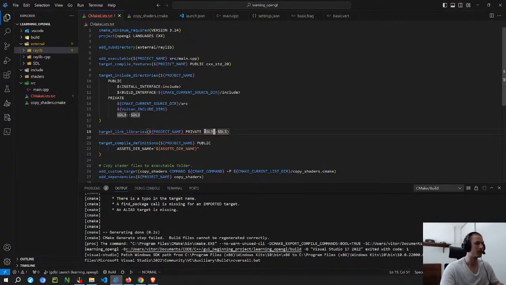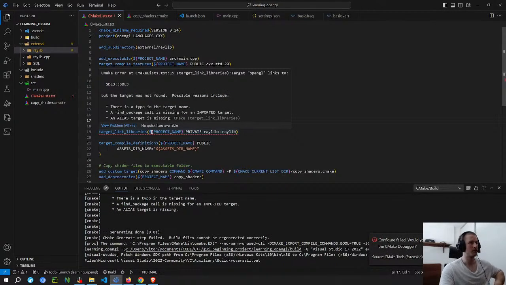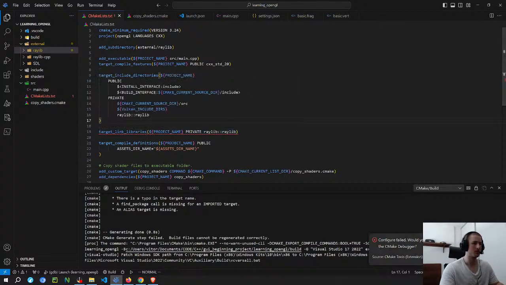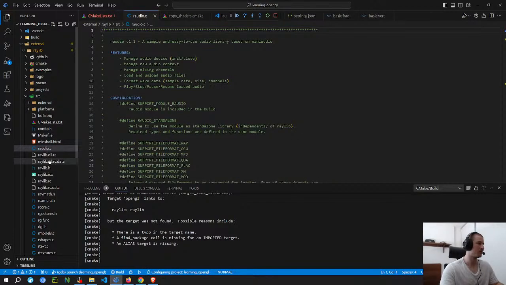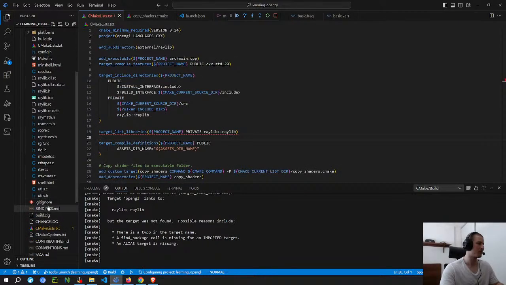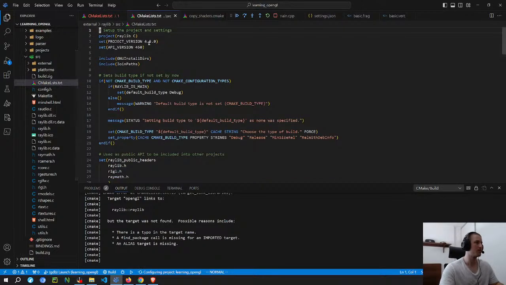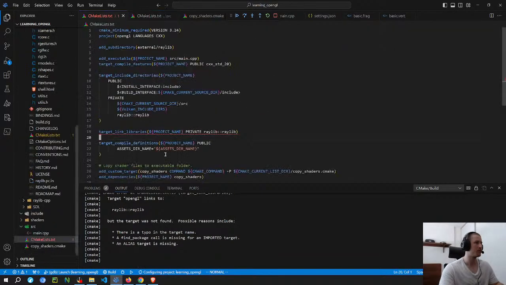Maybe if I just try with the name, is this usually how they do it? But that's the thing, sometimes it's different. If I remove this,